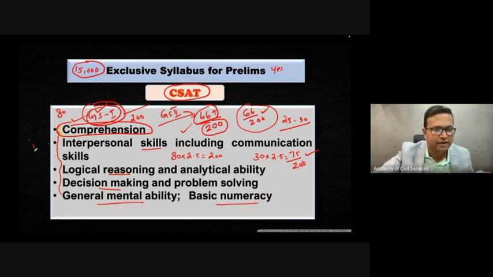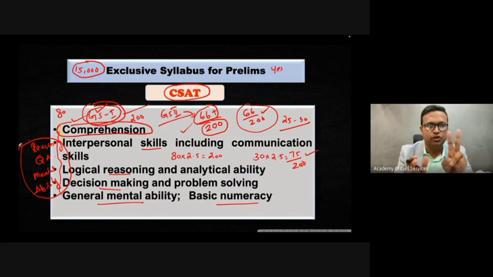I can classify into simply 3 categories: reasoning, quantitative aptitude, and mental ability. Then whatever mentioned here, these things will come in these 3 categories. The questions coming from these 3 categories, every question will have 2 ways to solve it. One is a long direct way. Second one is a short indirect way.